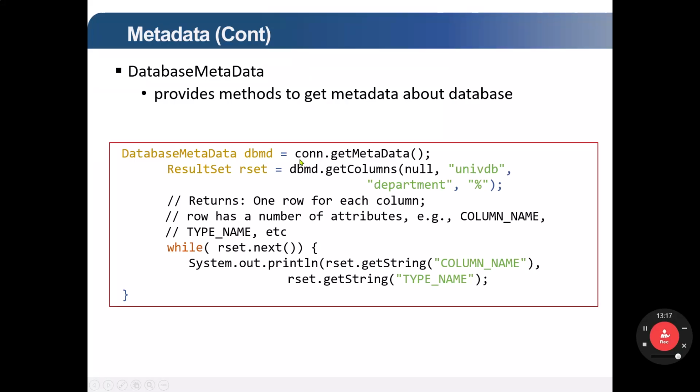Next, similar to the ResultSetMetaData, we have another metadata class called DatabaseMetaData. And this DatabaseMetaData is used to get the metadata about the whole database schema. Using DatabaseMetaData, you can get